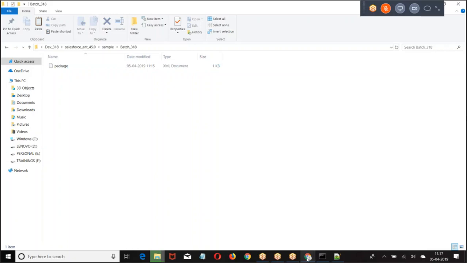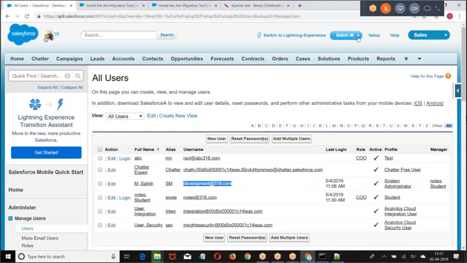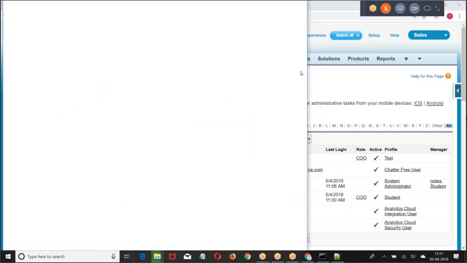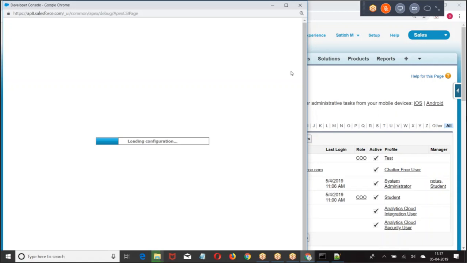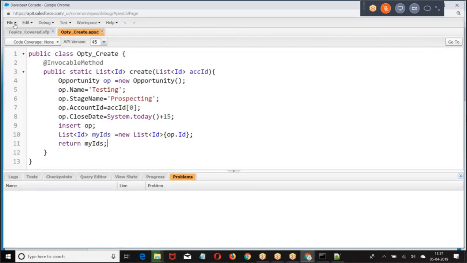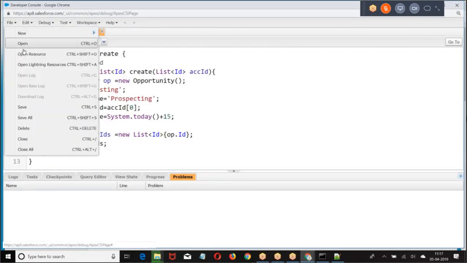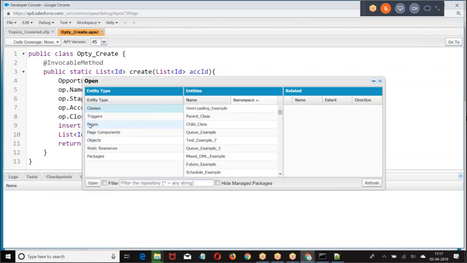Here I have class nodes, topics covered, or object nodes, demo page. Class nodes, object nodes, demo page. Test example.